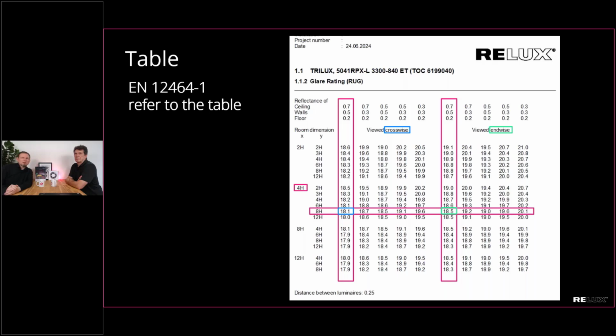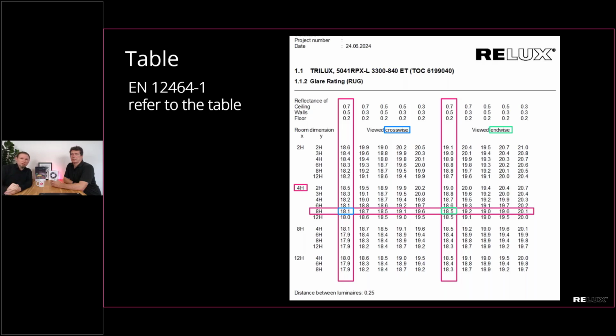This is something you also need to take into account. If you have a dark room, then you do not have such good UGR values. It's also possible to have UGR values not just for these 5 standard room reflections. It's also possible to calculate these tables with any other reflection degrees, which we do in RELUX. And so these are the columns, and then you have the rows of this table, and this is just room